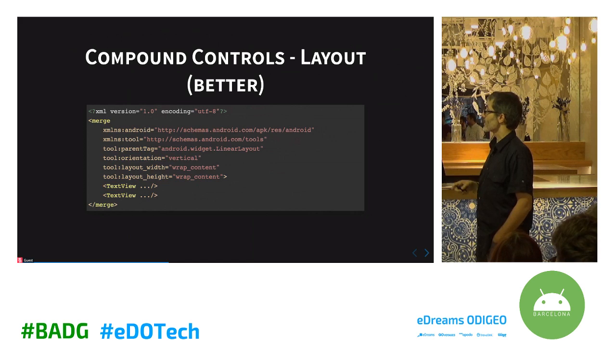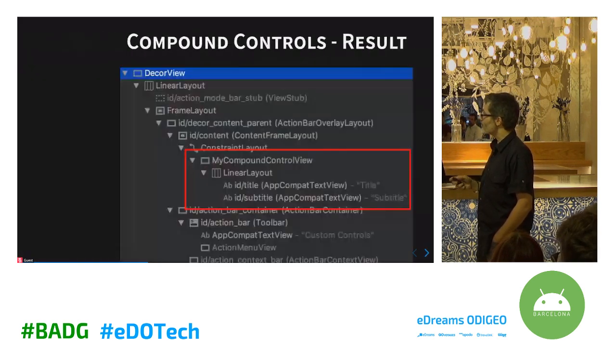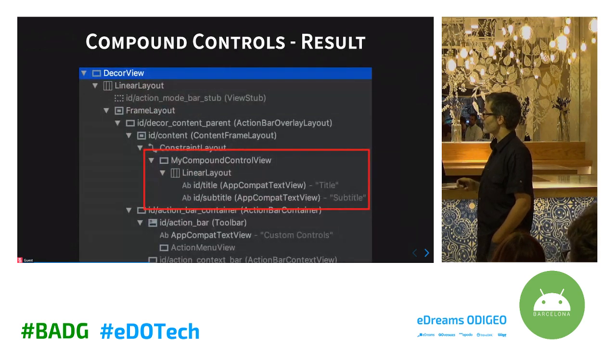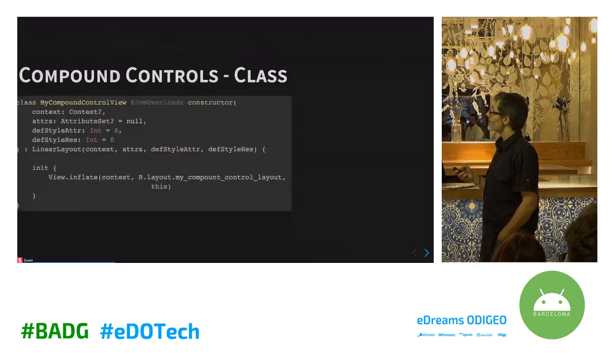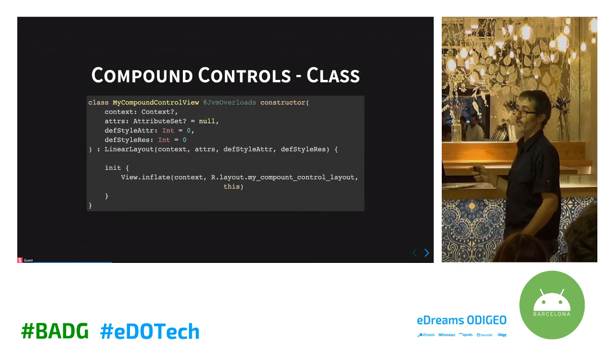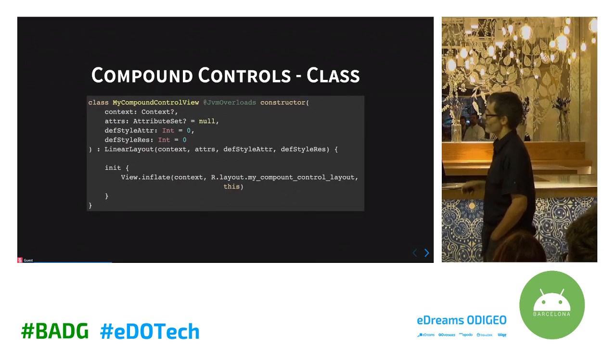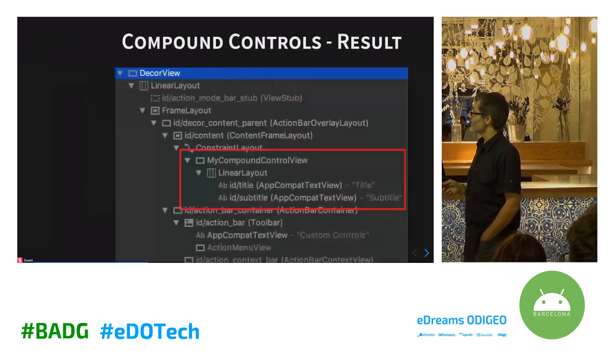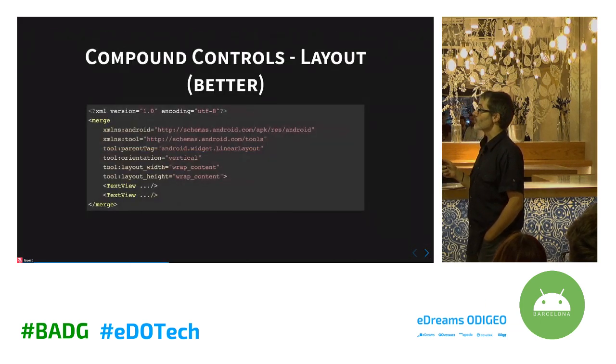linear layout in this example, we use the merge tag, notice that basically this my compound control view, it's a linear layout which contains a linear layout, in fact, because our compound control view subclasses from a linear layout. So we have 2 linear layouts, one inside of another. With merge, basically what we are doing is we are getting rid of this intermediary